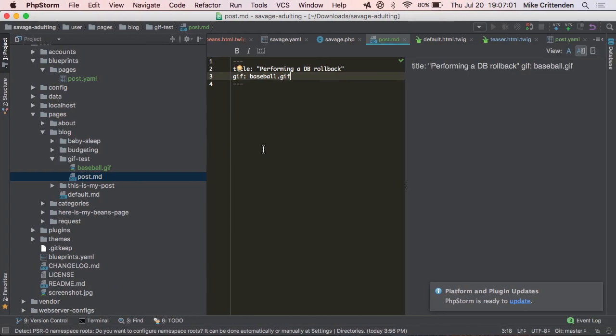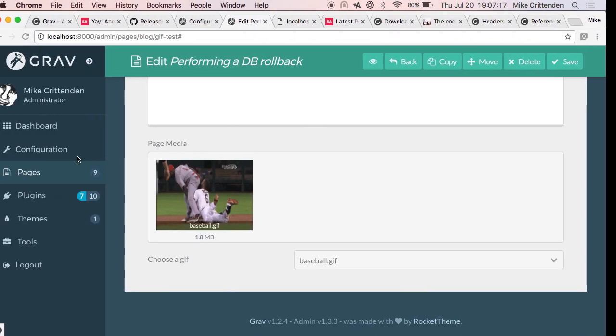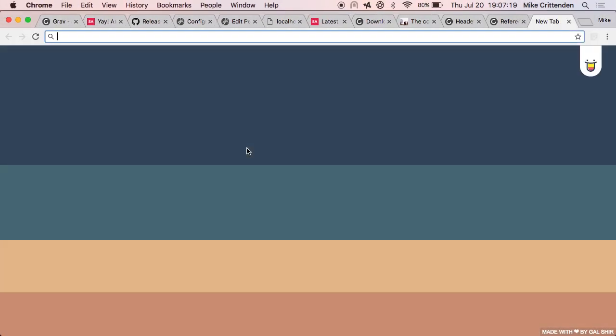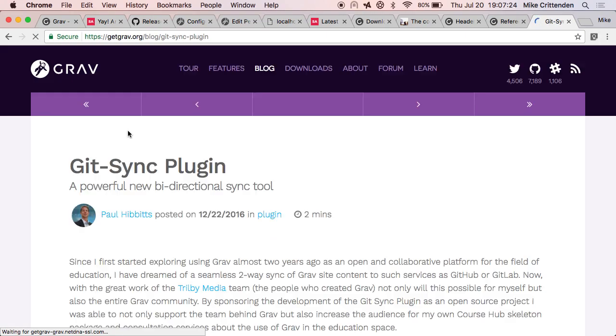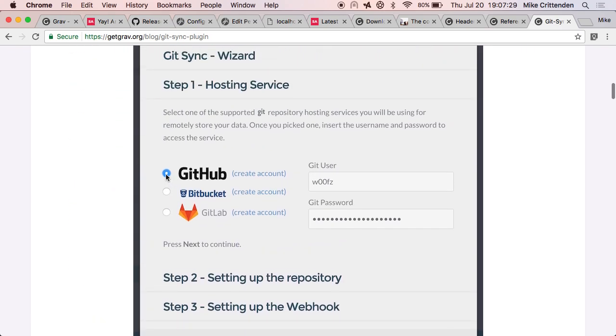One interesting thing to note is that a lot of people have questions about keeping content in sync. Since content is in the code base, what happens with content that is added to production? How do I get that back locally without being able to clone a database and stuff? There is a plugin for that, one of the really widely used ones, called Git Sync. What this does literally is every time a content change is made where this is enabled, it just commits and pushes right off the bat. So you could just git pull to get all the latest content from production.